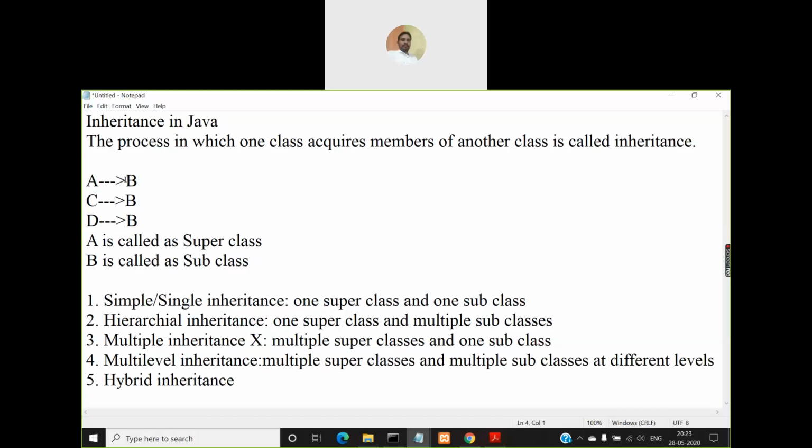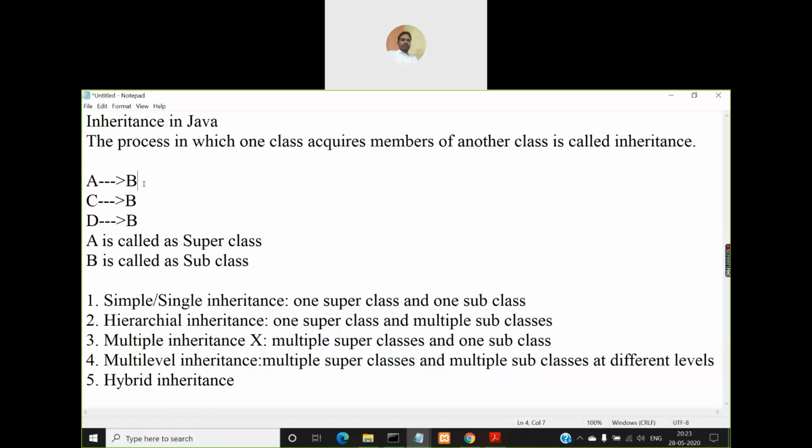So you can say B is at level 2 and A, C, D are at level 1. All the three classes are at level 1. That means there are multiple classes at a single level, and those multiple classes are superclasses. So that cannot be interpreted as multi-level inheritance. In multi-level inheritance, at each level there will be only one class.